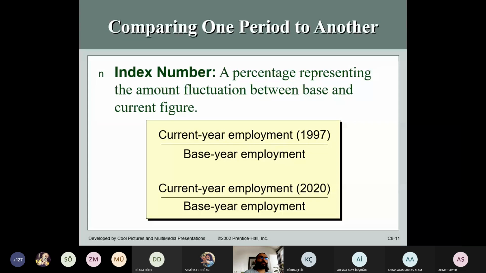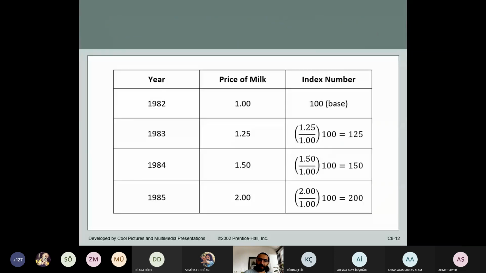Another thing that we use to compare our success level, compare companies' success level, is indexes, okay? What does an index mean? Its definition is a percentage representing the amount of fluctuation between base and current figure. What do we mean by that? Let me give an example. For example, you